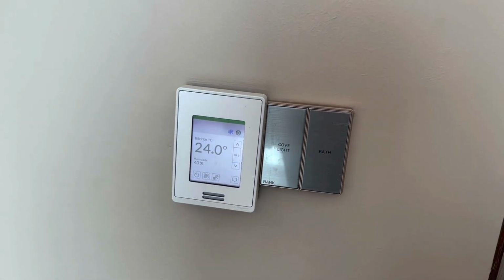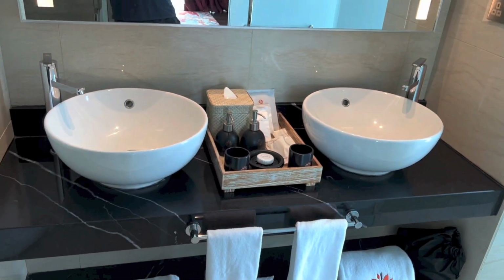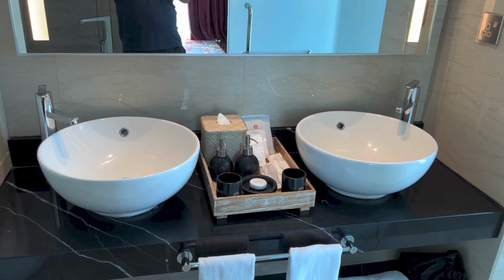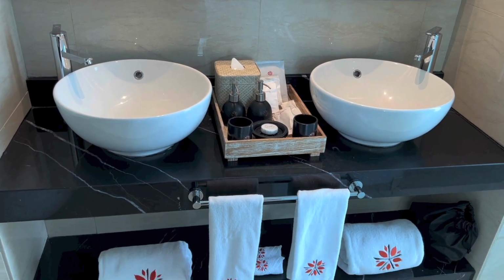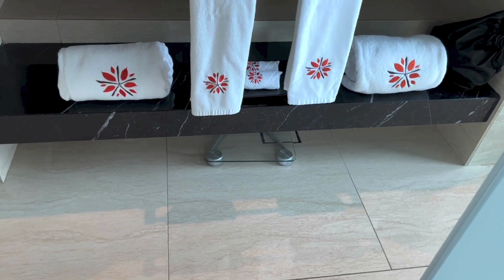Off to the left we have the climate control panel, light switches, and a power outlet below. Right inside we have the bin, the bathtub, the sink area. It is dual sinks, so you have one on this side, one on that side, and you have the bathroom amenities in the middle. Towels below, and another weighing scale,